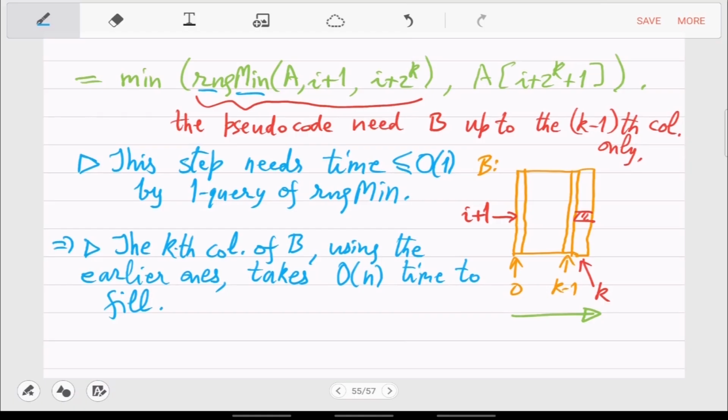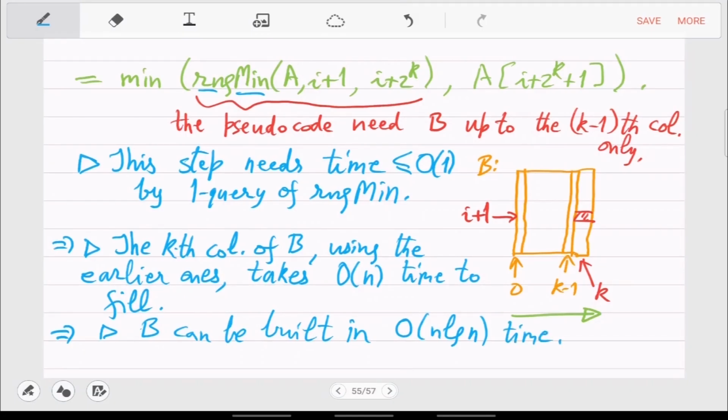And that means B can be built in how much time? So how many columns are there? So n log n. You get n times log n. Right, so we can actually do the pre-processing now in almost linear time.